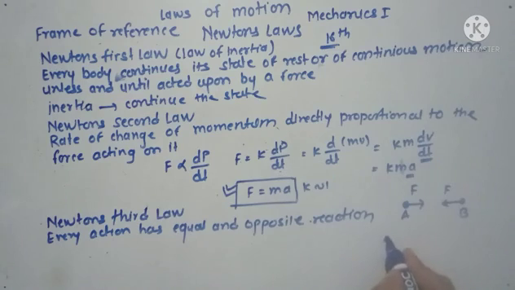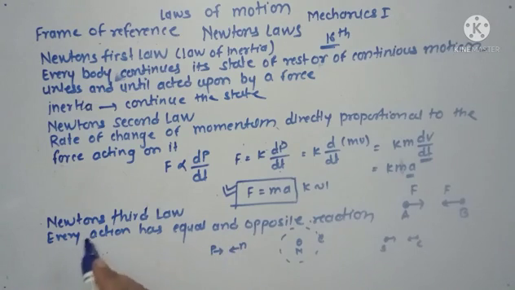For example, the sun is applying some force on the earth, then similarly the earth will also apply equal and opposite force on the sun. Or if a nucleus is applying some sort of force on the electrons, the electrons will also apply equal and opposite force on the nucleus. So if the proton is applying some force on the neutron, the neutron is also applying the same equal and opposite force on the proton. So this law, Newton's third law of motion, is applicable everywhere.